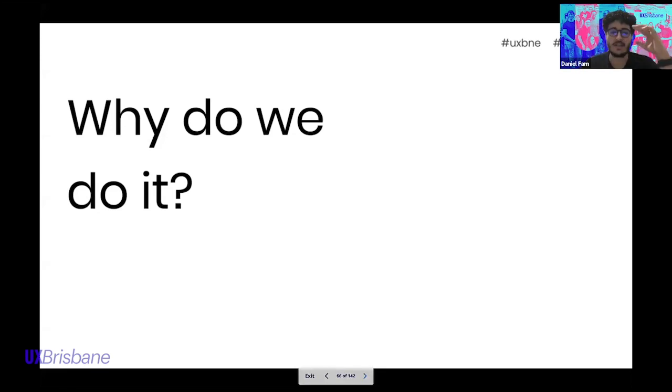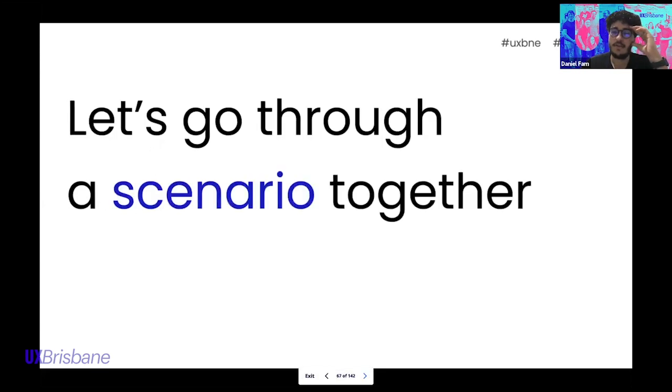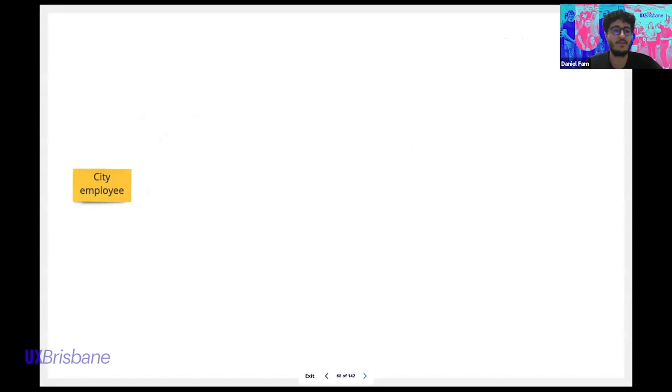So if we look at an example of a user journey, if we build one out together, the one we decided to go with is something I think we all can relate to, something we've all been through before, which is a coffee ordering experience.